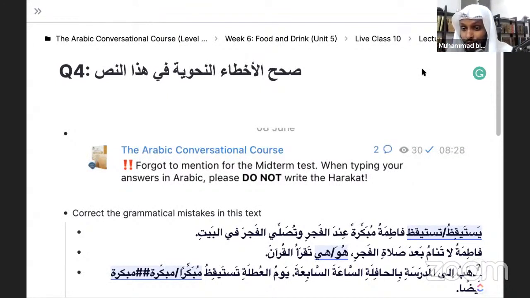Someone asks here, you said that مبكرة was a صفة of Fatima, hence the agreement in gender. Can you explain why then there is no agreement in definiteness? I thought Fatima was definite, but مبكرة indefinite. Or have I totally misunderstood this? No, you haven't misunderstood this. It's correct. Okay? But